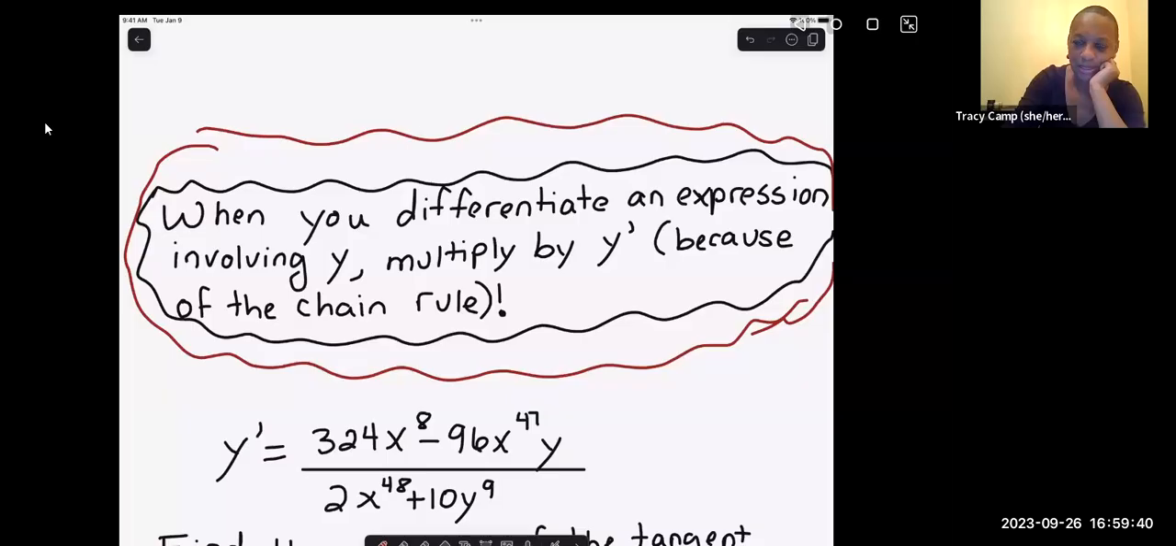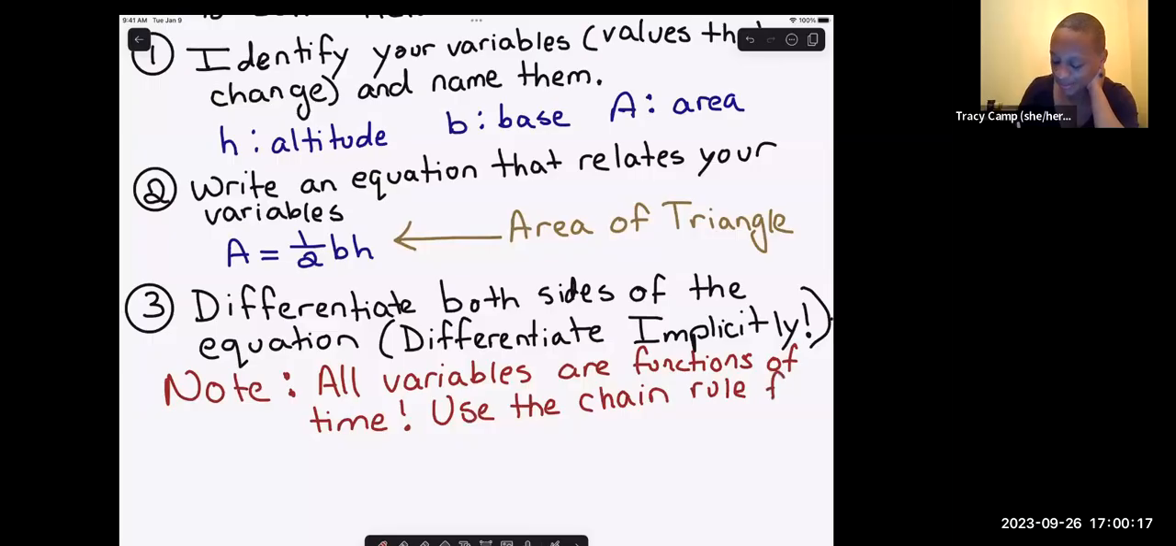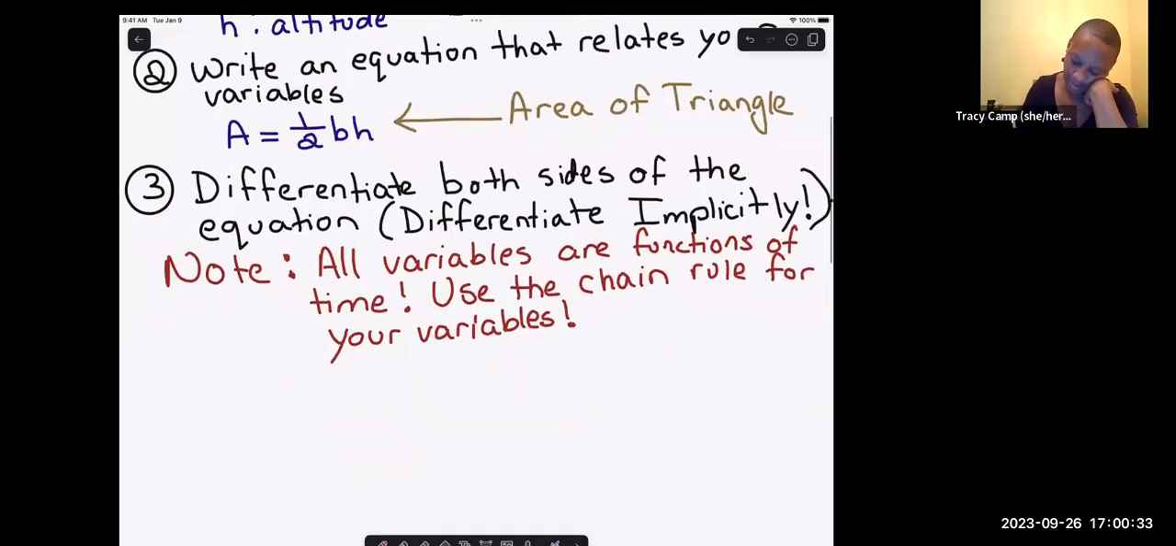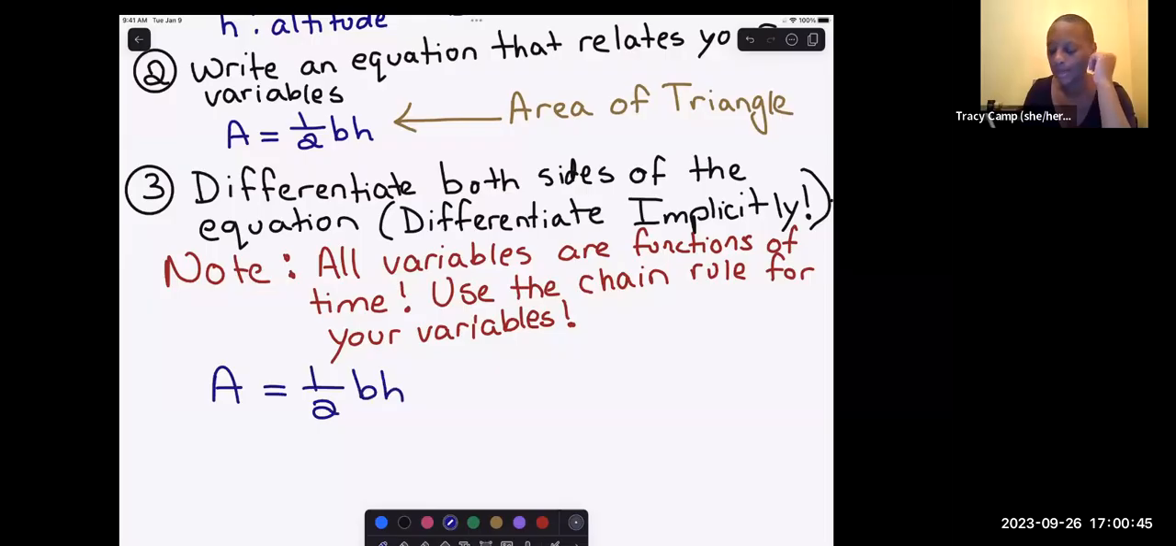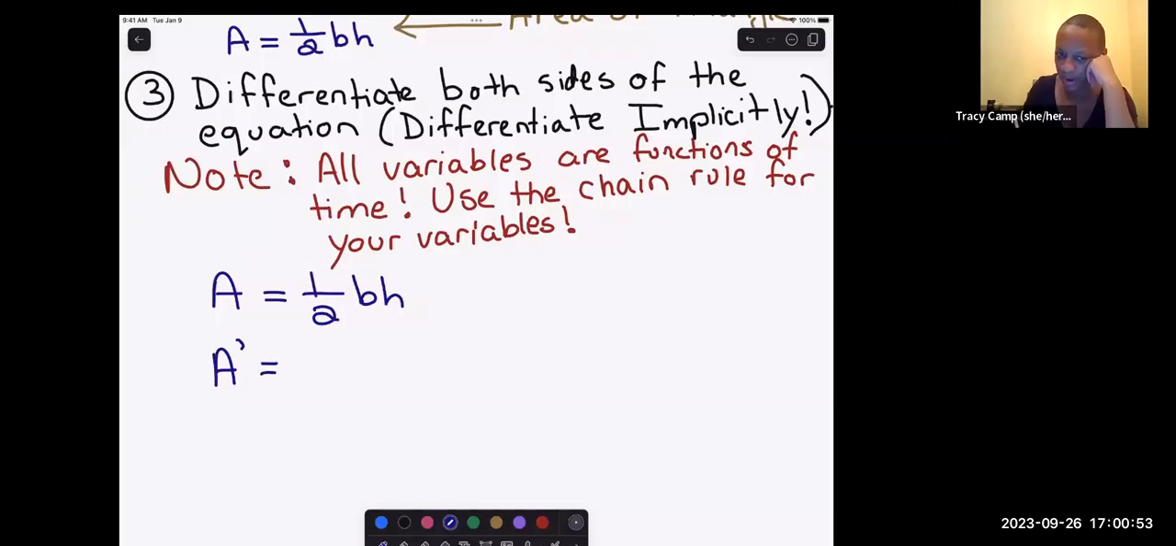So let's go back to the problem we were working on. You're going to be using the chain rule for all of the variables, since they're functions of time. So here's what I mean. We're going to differentiate this equation that we had: A equals 1/2 base times height. I'm differentiating the left side, and that's not a huge deal: A prime equals,